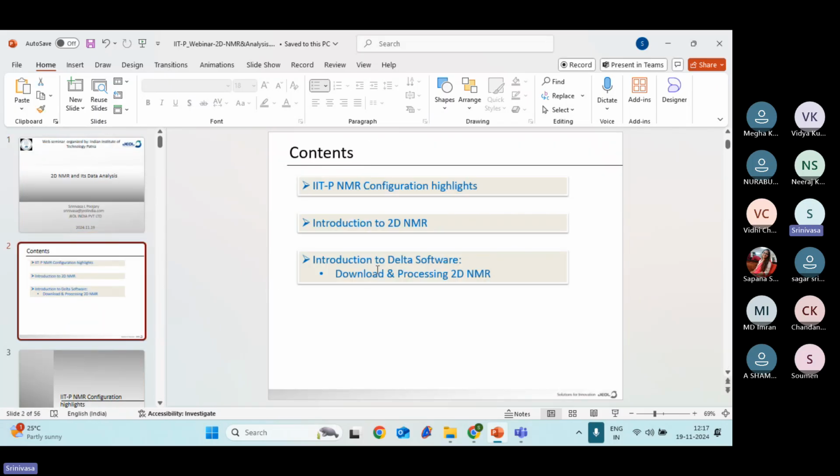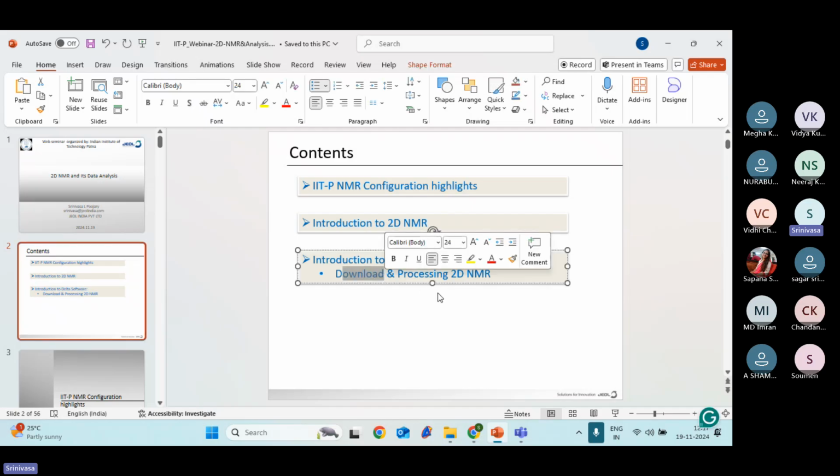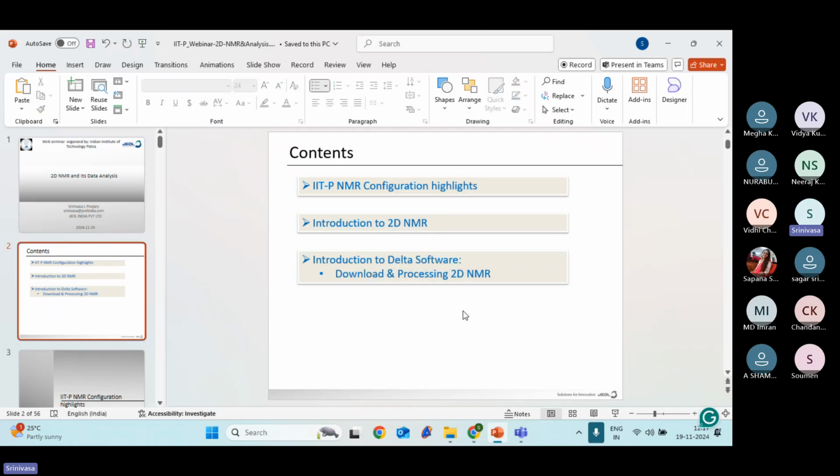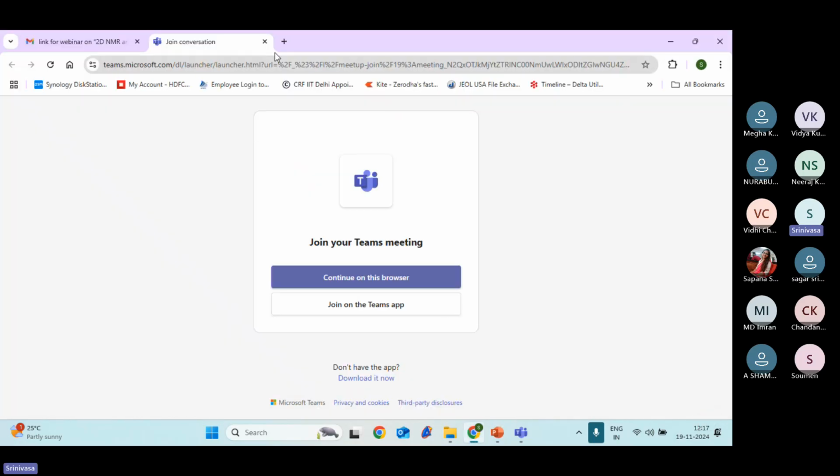So this part is an introduction to Delta software. I'll go on to downloading the software and processing 2D NMR. I'll show it on our software sites. Maybe it's very useful for your research. Let me minimize this. Okay, so to download the software,